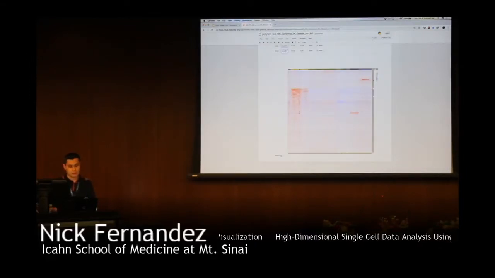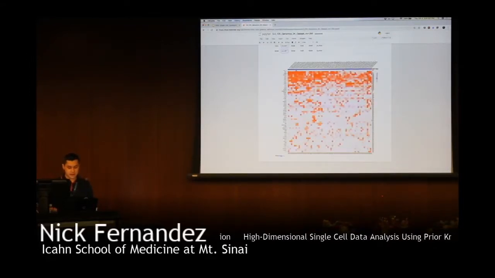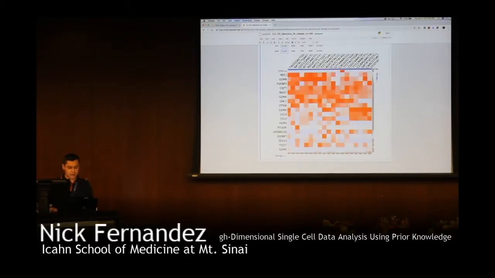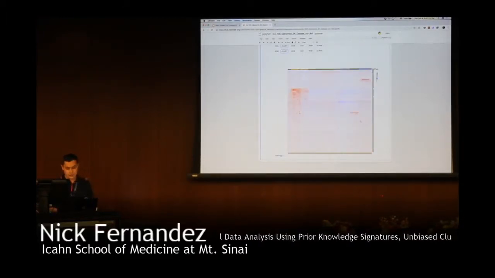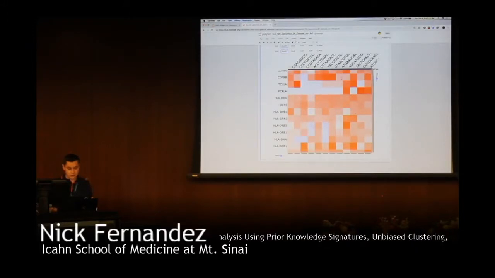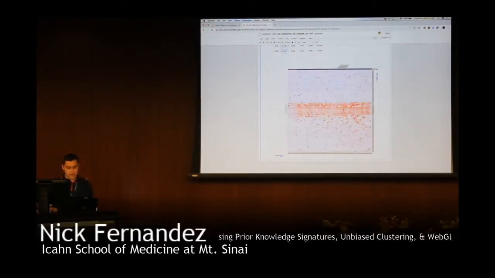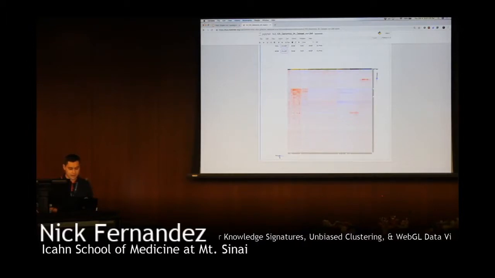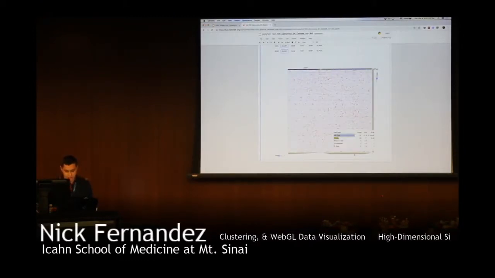Now CIBERSORT is telling us that these cells that are highly expressing granzyme, perforin, and so forth, are NK cells, right? Which makes logical sense from what we understand. And then we're also seeing that it's labeling these as B cells, and we can go in and compare our data-driven clusters, which is what we see here. If we zoom into this, we see that this cluster is composed of 114 NK cells. 77% of that cluster is NK cells, and the odds of that happening by chance are